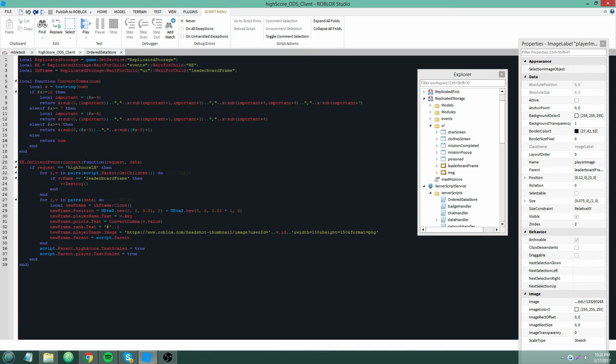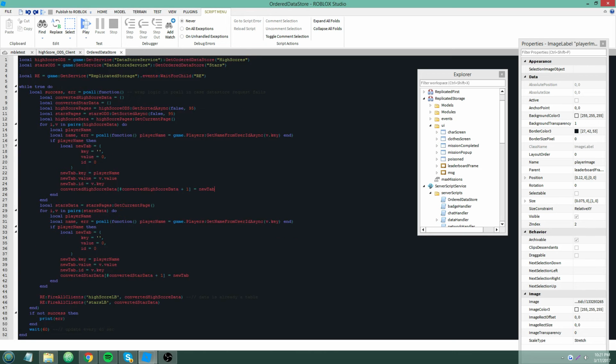Anyway, remote event.onClientEvent. If you don't know how remote events work, this is how I set up mine, just so I don't have to have a bunch of remote events for different things. I can just use one and then pass in request arguments. You can name that whatever you want. It's just to do a task based on what I'm asking it to do. I'll have one OnClientEvent in another script, I'll check the request, and if it's something else it'll do something else. It's just to cut down on remote events. I like it better that way. You can do that however you want.